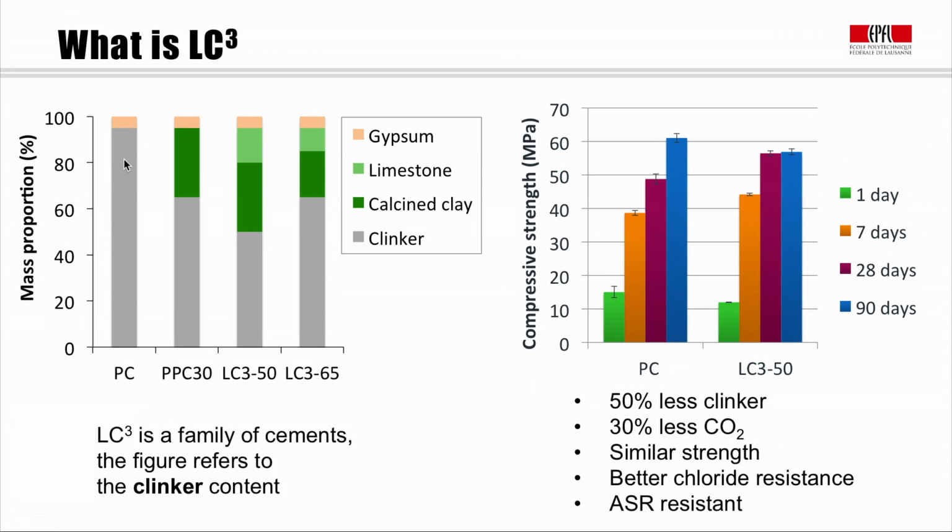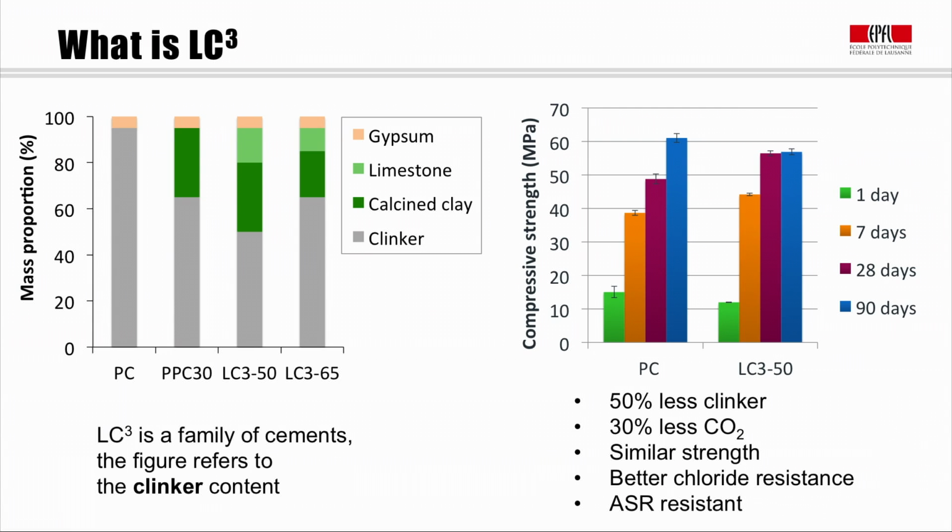So here we see on the left the composition of ordinary Portland cement, where we have about 95% clinker and 5% addition of calcium sulfate or gypsum. When we have typical Portland pozzolanic cements, as shown here, we will have about 70% clinker and about 30% of pozzolan, which can be typically something like fly ash, but can also be calcined clay. And usually, because of the reactivity of these pozzolanic additions, 30% is the maximum level of addition we find in